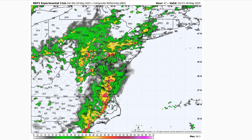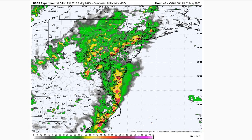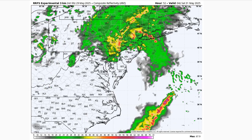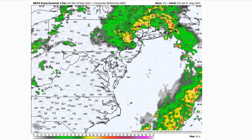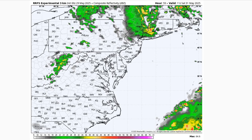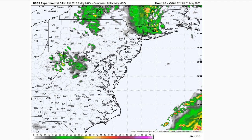The Storm Prediction Center does have a marginal risk for severe weather, with the main threat being some stronger wind gusts with this activity as it moves through. Should see that tapering off during the overnight time frame as that boundary pushes through and things start to dry out once again. And we'll start off the day with dry conditions, moving through much of the early part of